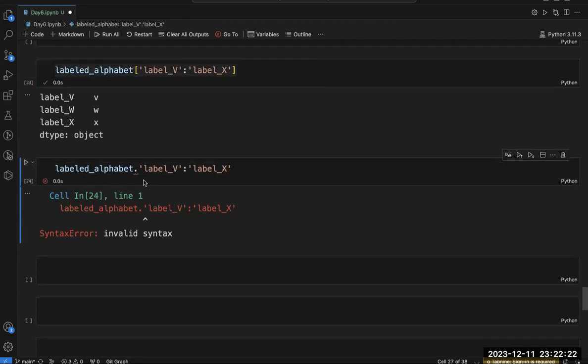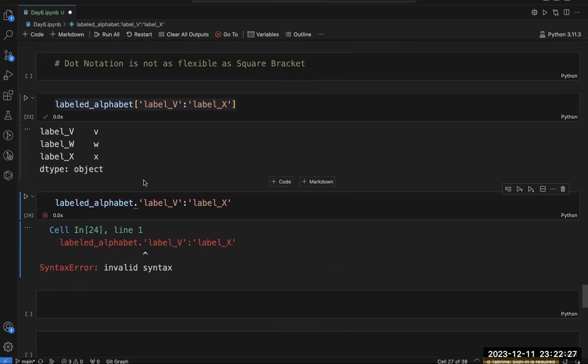So what I mean to address here is that what you do in the square bracket to select some values from level V to level X, you are not able to do with dot notation. That's why I have written here that dot notation is not as flexible as square bracket. We will see some more examples.